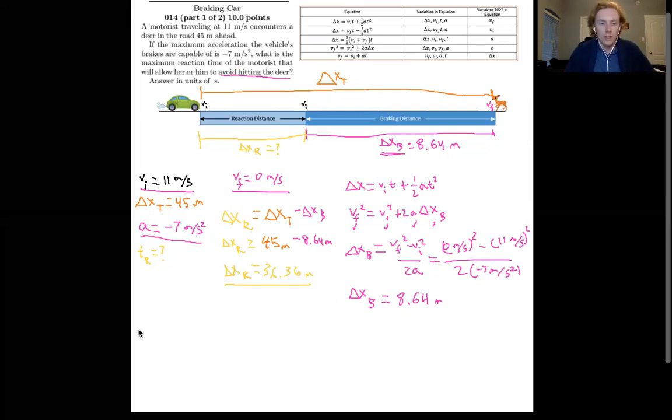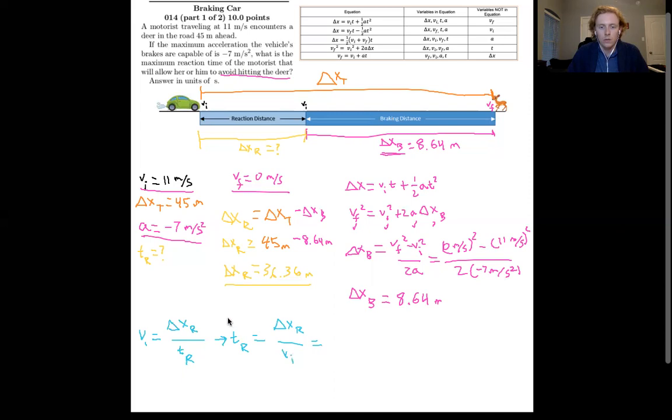So we can say that this initial velocity is just the displacement, or delta x sub r, over the reaction time, or the change in time. So we can rearrange this. We can therefore say the reaction time, T sub r, is equal to the displacement, delta x sub r, over the velocity that you're traveling,